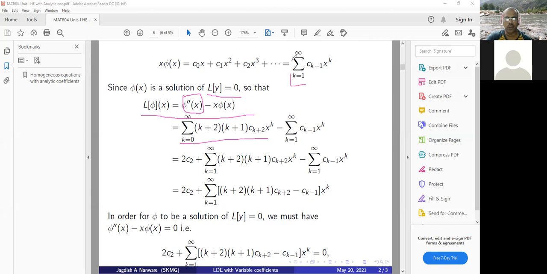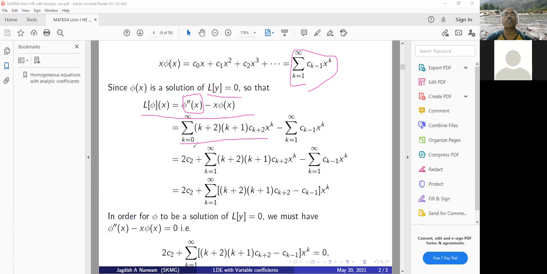So just now we have seen this. Right? Now you can write the summations. So this summation is starting from 1 and this is started from 0. So you can start this summation from k is equal to 1. All right. So you take that first term, by putting k is equal to 0, outside the summation.